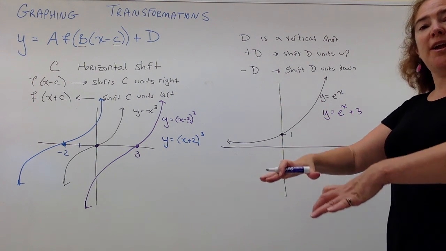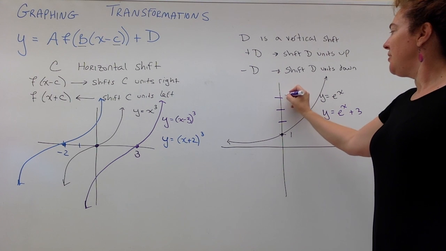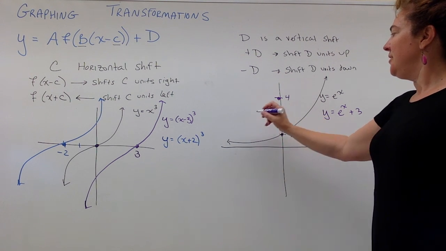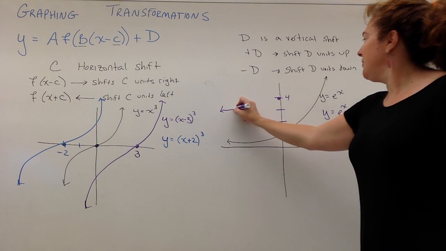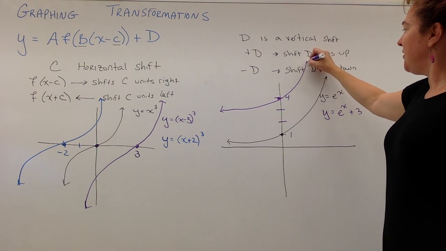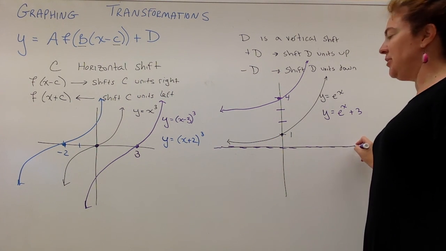What's happening is just raising the whole graph up 3. So 1, 2, 3. That puts me at 4. Same shape. Shift it up. Notice since e to the x is never equal to 0,